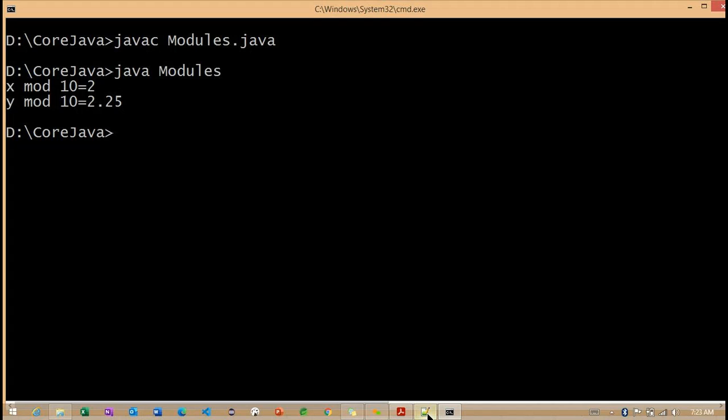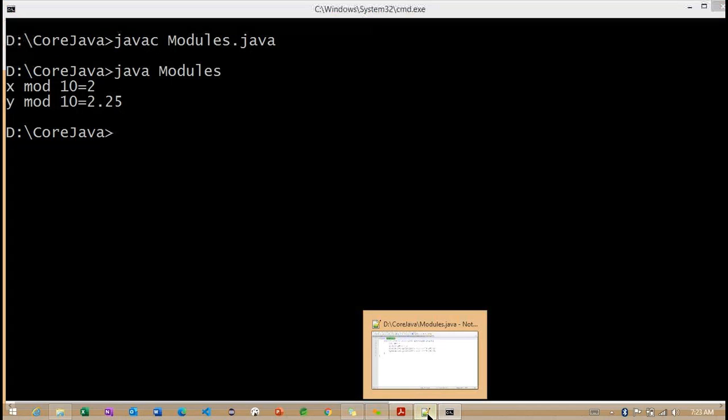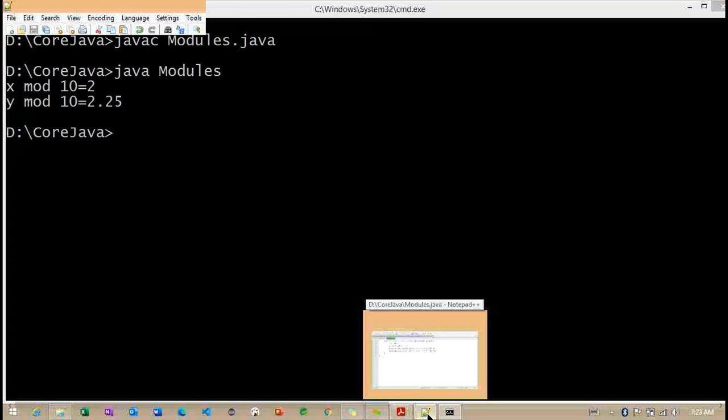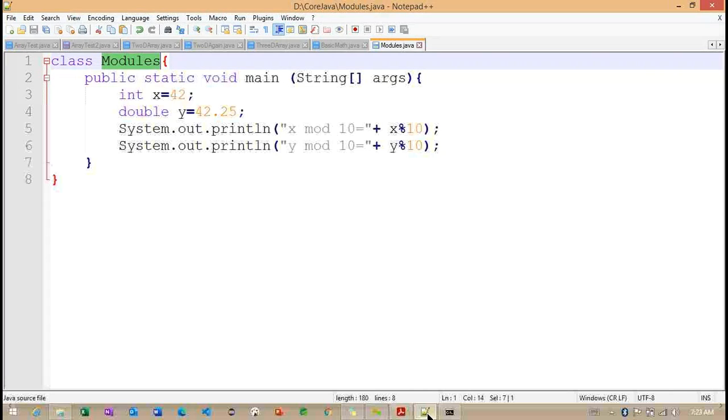Because of the different data type here, this is important. We are discussing the data type. Whatever comes after the dot is also going to be returned by this data type.